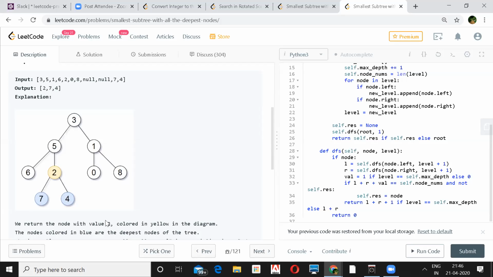Yes. So that means I have dupes there. 2 has 1 and 8 has 1. That means I'll need to go further. I need to go to a place where there is only one maximum depth. Okay, yeah, that should work actually. I don't see any problem why it should not work.